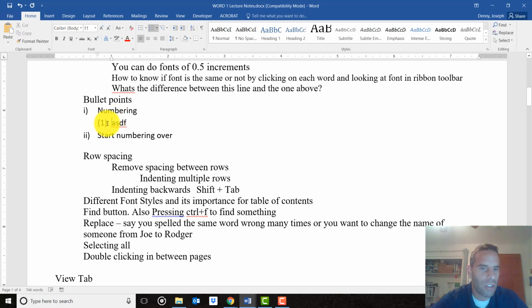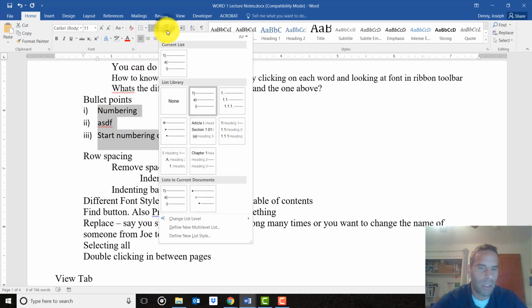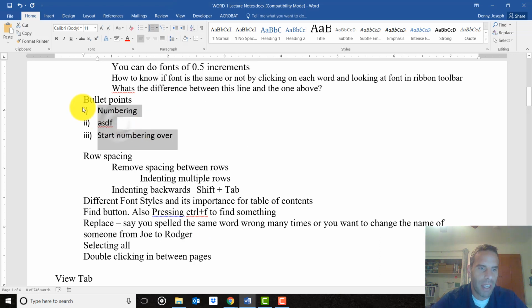One of the things you should try right now is highlight a few lines, give it a multi-level list, choose one of these options here. All three will be numbered the same. Then press the tab button to indent it over one line. And then try it again. Press the tab button to indent it over one more. And suppose you indented it over twice,